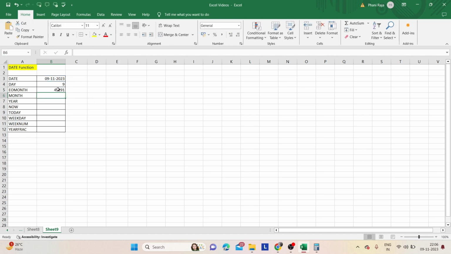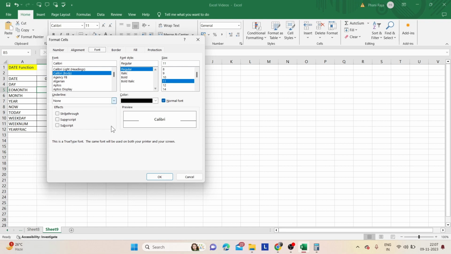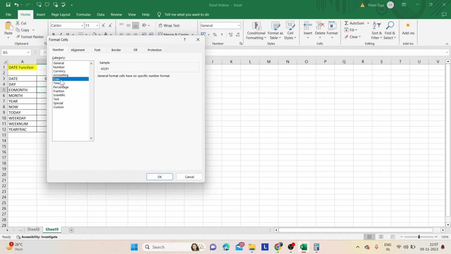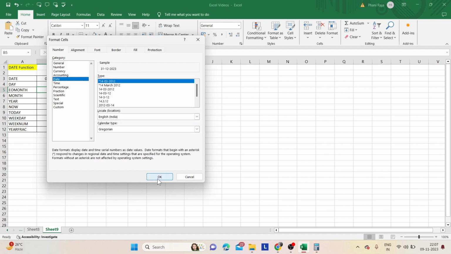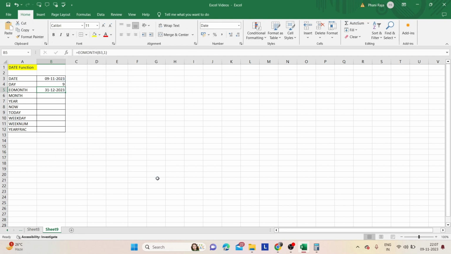It is not in the date format, so we will need to convert it into date format. So let me click on this. We will get a pop-up of a dialog box called Format Cells, and we want to change it into date. We have already seen this in the previous videos. Okay, so the date is 31/12/2023, which means the end month of this year is the 12th